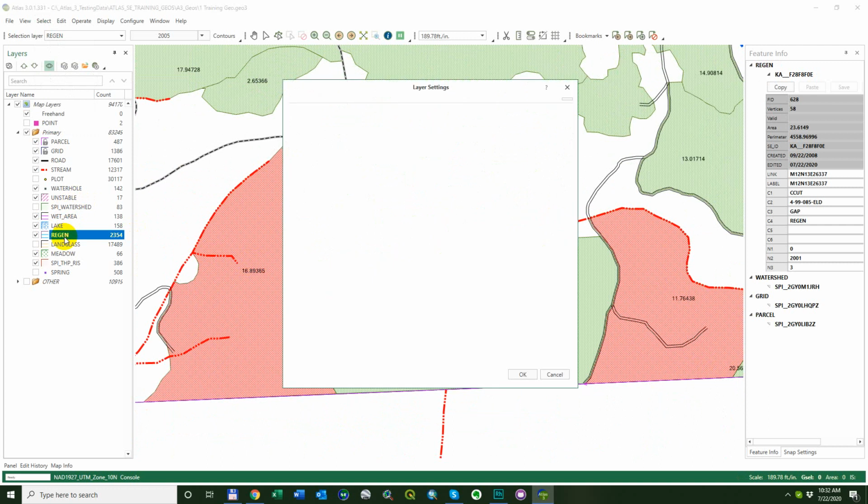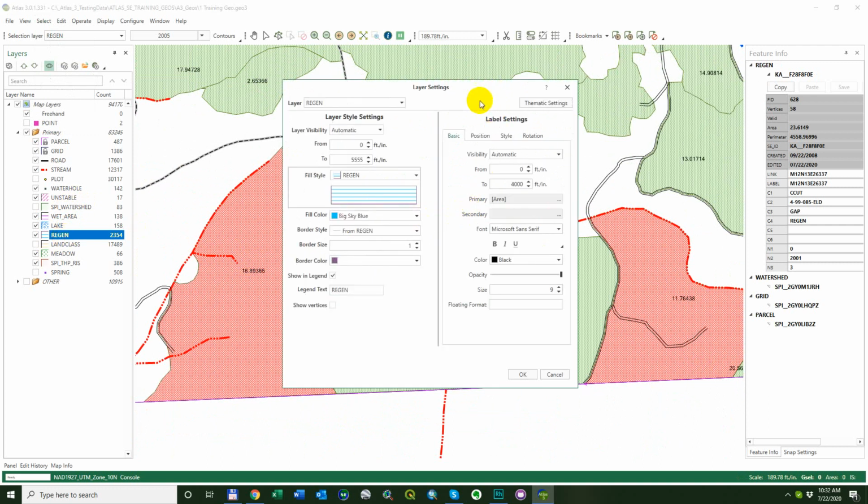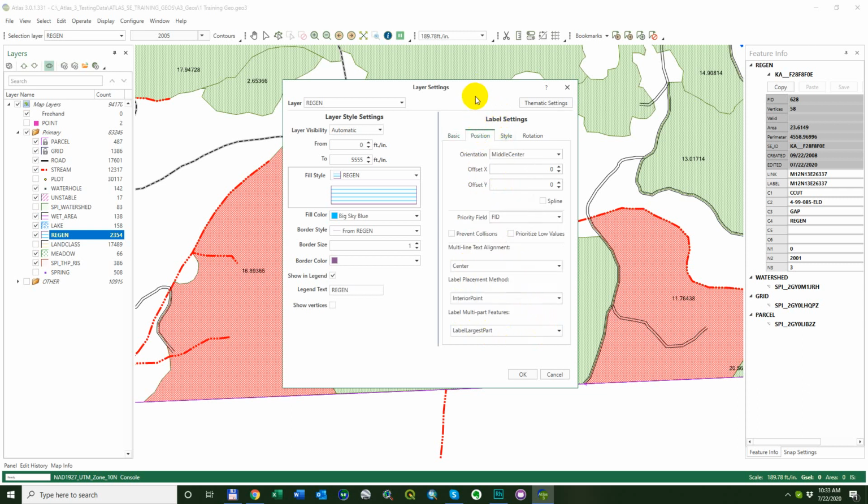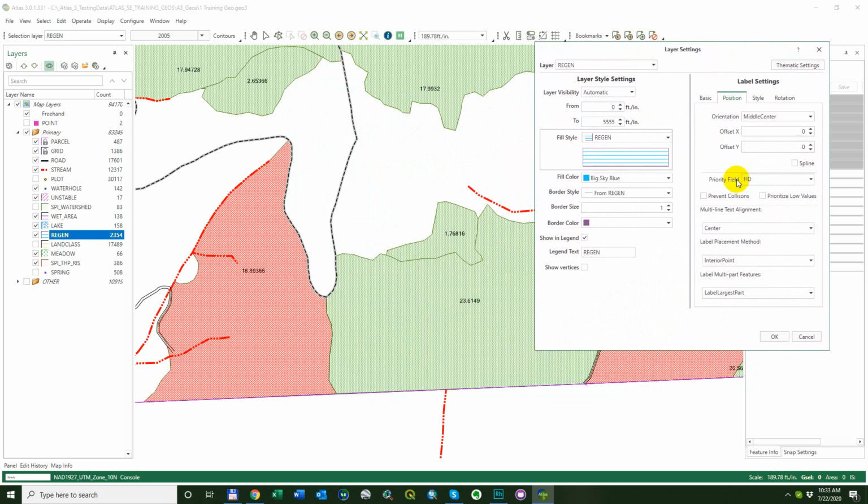Zoom in on that. Go back into label settings here, display layer settings. Let's go to the position tab. So probably the most important thing to note here is the label placement method, because this sets the origin point